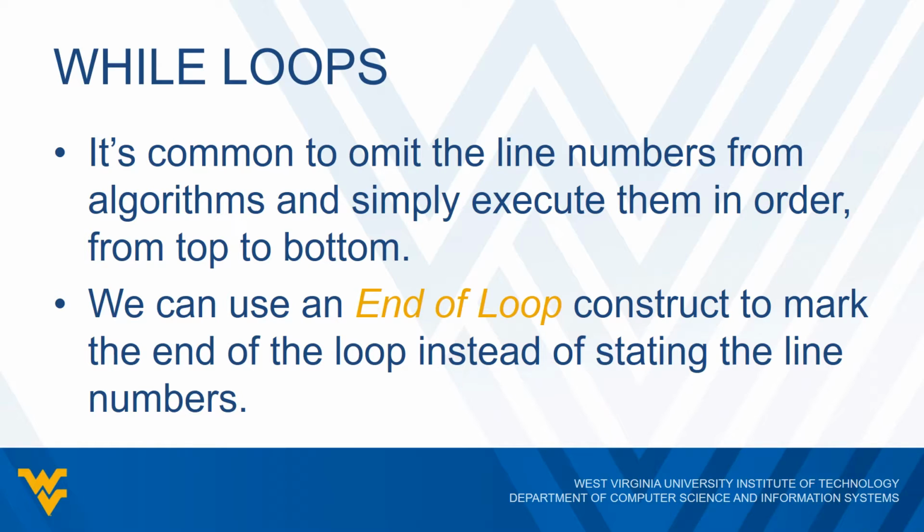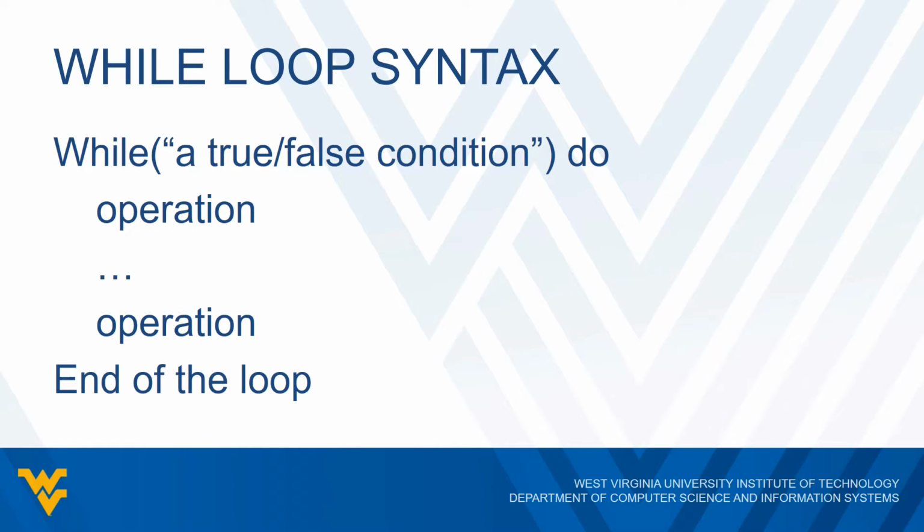And we would use that instead of using line numbers to indicate when we would stop our loop. Or we would say, well, when we get to this point, we go back into our while loop to check our condition. Or whenever our condition is false, this lets us know what the next step outside of the loop is. So here is an example of such a while loop where we don't have any of the numbers associated